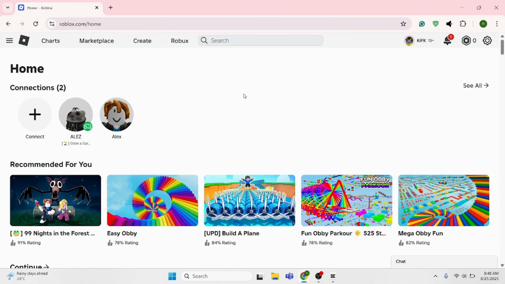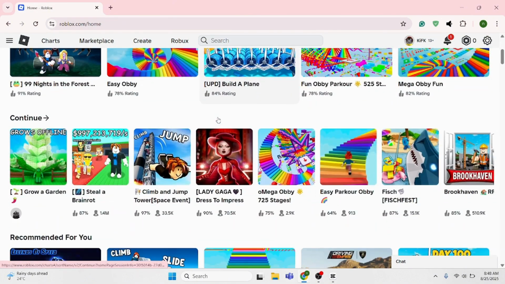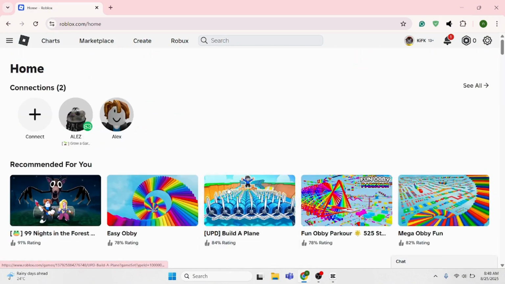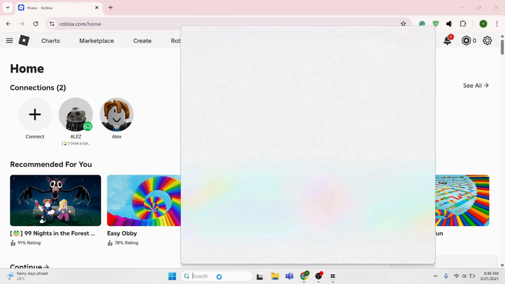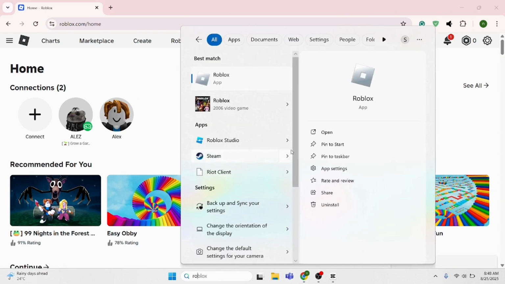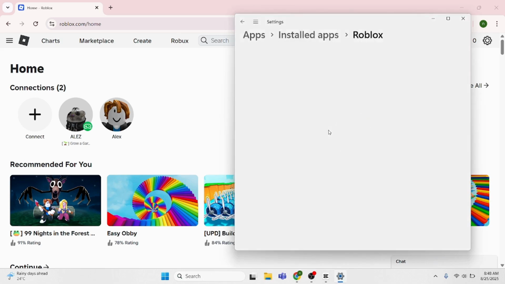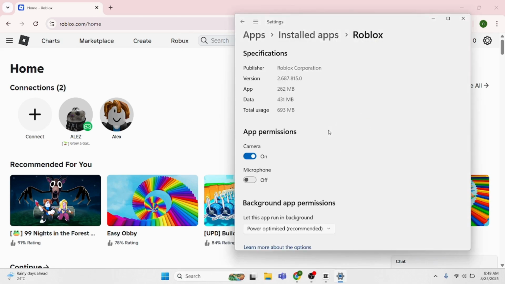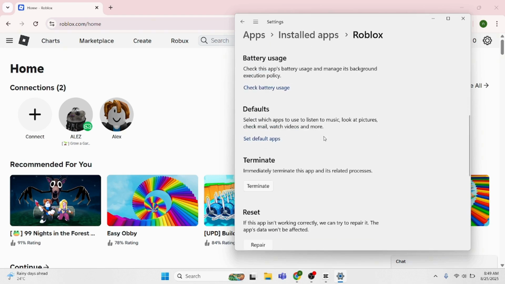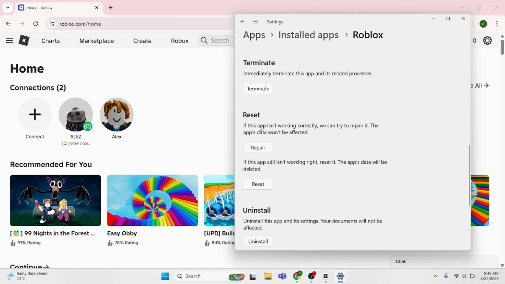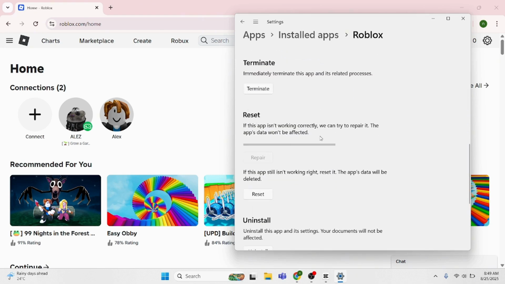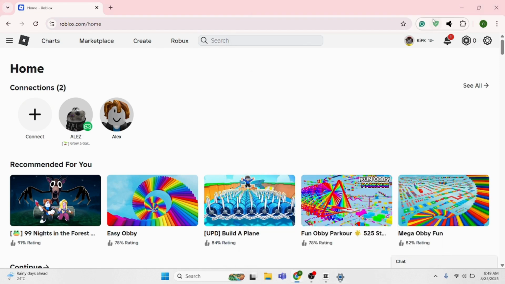If it's working fine in your browser and if it's not working in your app, then you will need to come below at the search bar here, type in Roblox. Here you will see app settings. Open it. Here, scroll below. You will see repair somewhere. Under reset, you will see repair. Select this. Make sure that you complete till here. Once done, close this. Now this shall fix your problem,